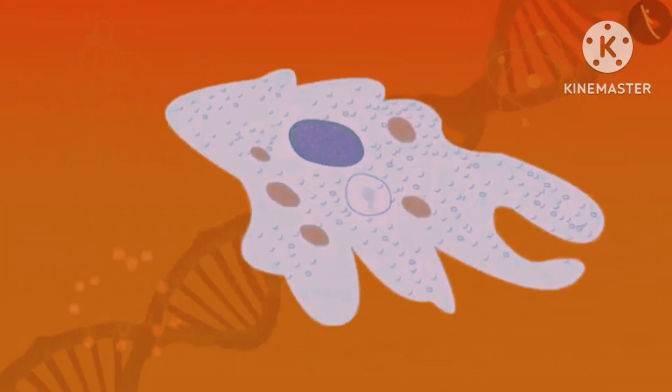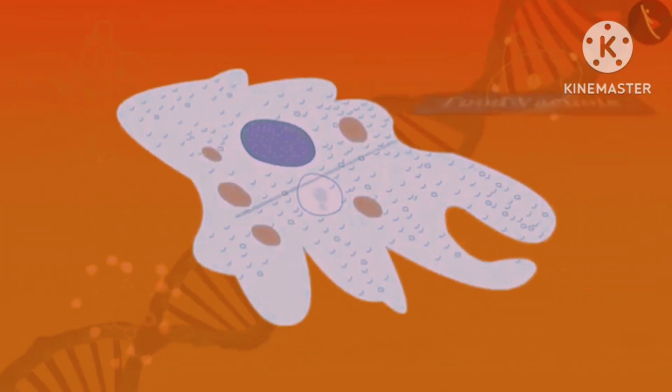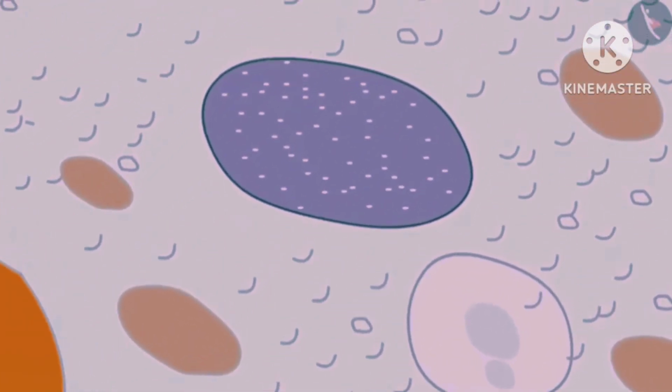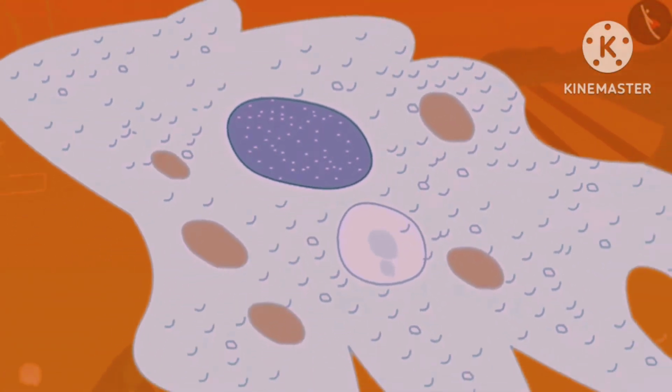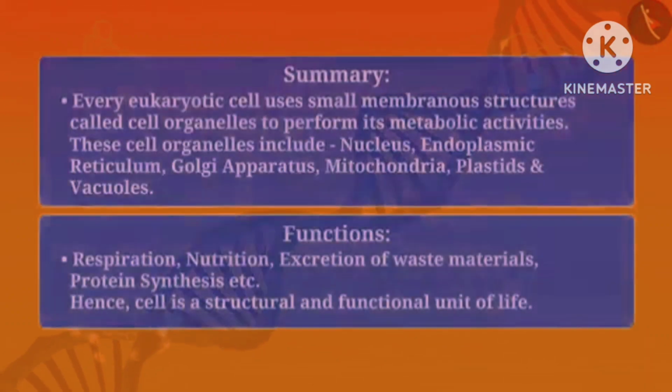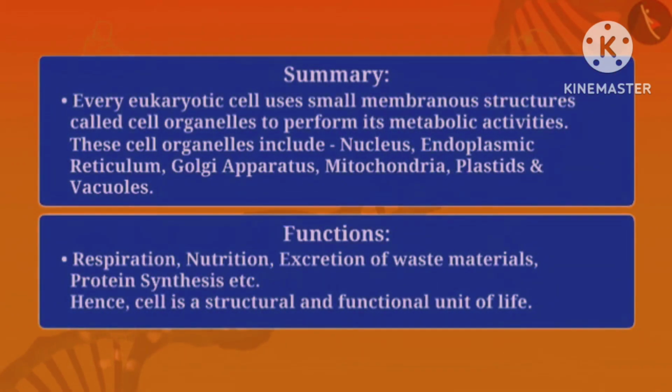In single-celled organisms like amoeba, the food vacuole contains the food items that the amoeba has consumed. In some unicellular organisms, specialized vacuoles also play important roles in expelling excess water and some waste from the cell. So, in this video, we learned about different cell organelles like nucleus, endoplasmic reticulum, Golgi apparatus,